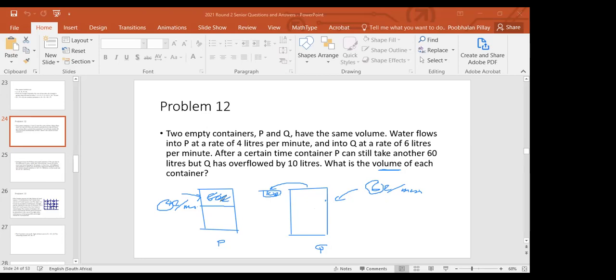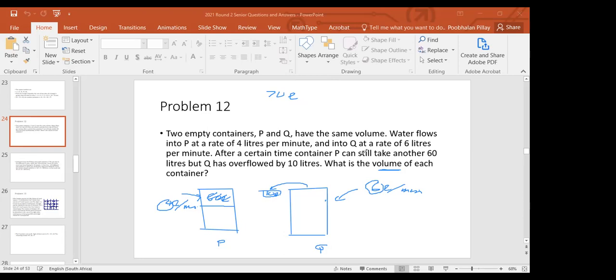Now, you still had 60 to go, and this thing overflowed by 10. So therefore, there was 60 plus 10 extra liters. Because the 60 here to reach this point, and this thing had gone up by another 10, as it were, if it was a larger tank. So it would have been 60 plus 10. So the 70 liters,